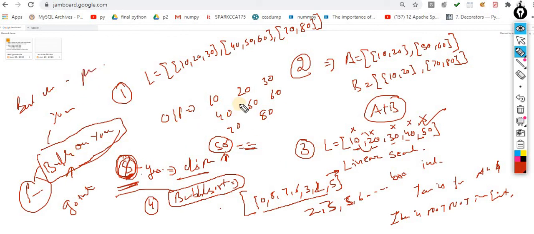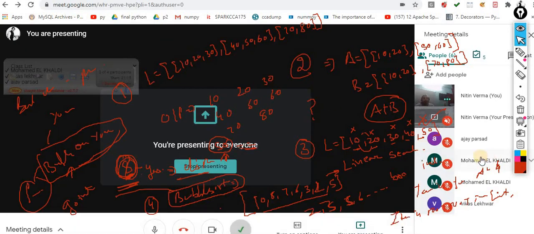Okay, so these are your 4 assignments. In the meanwhile, if any other assignment comes to your mind, just try it and try to cover the previous assignments as well. And if you have any doubt regarding these assignments, please do let me know before we close this session. Anyone having doubt for these 4 assignments? They are very simple assignments. Anyone having doubt?